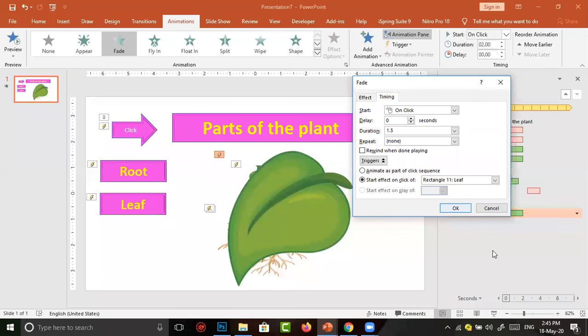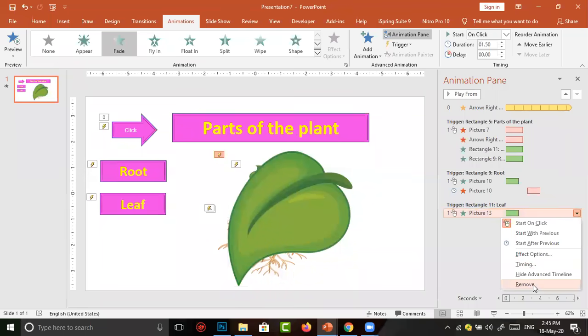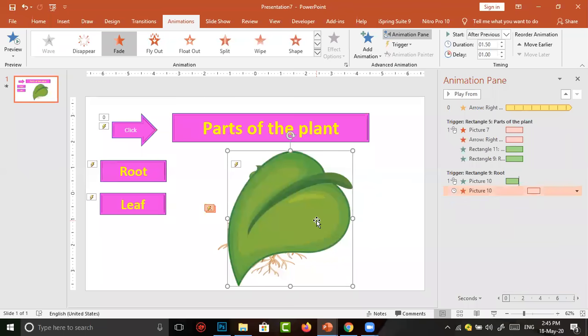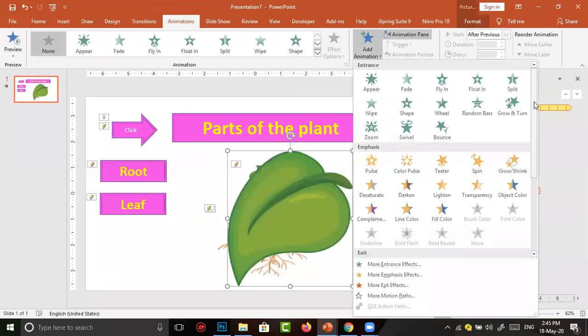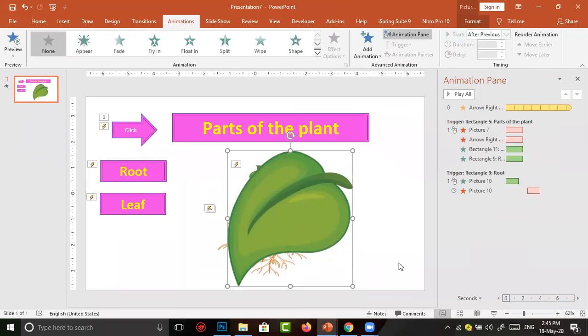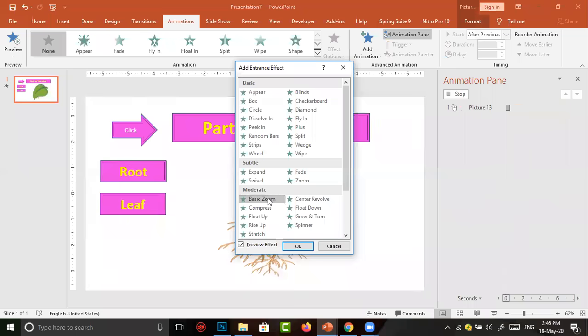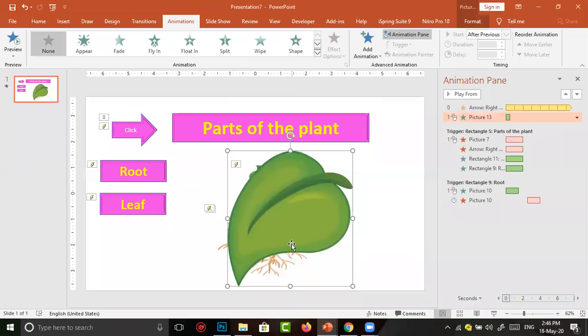After that, I have given appear, but I want to change the appearance. I select this one because, more than appear, which one is better? In the previous animation for appearance, we gave basic zoom. So I give the same animation, then click on OK.